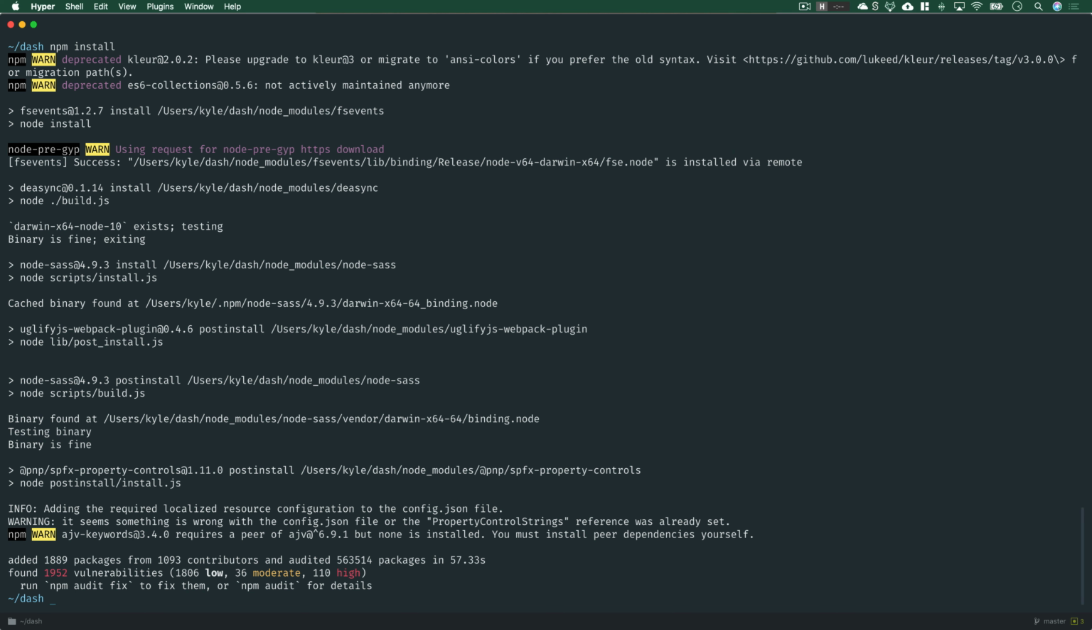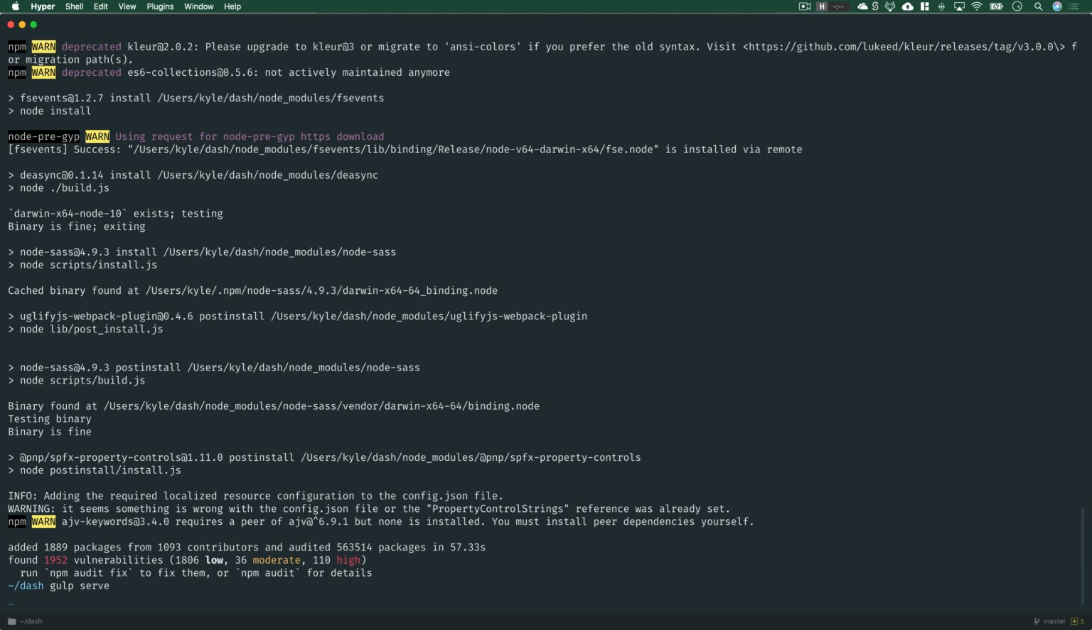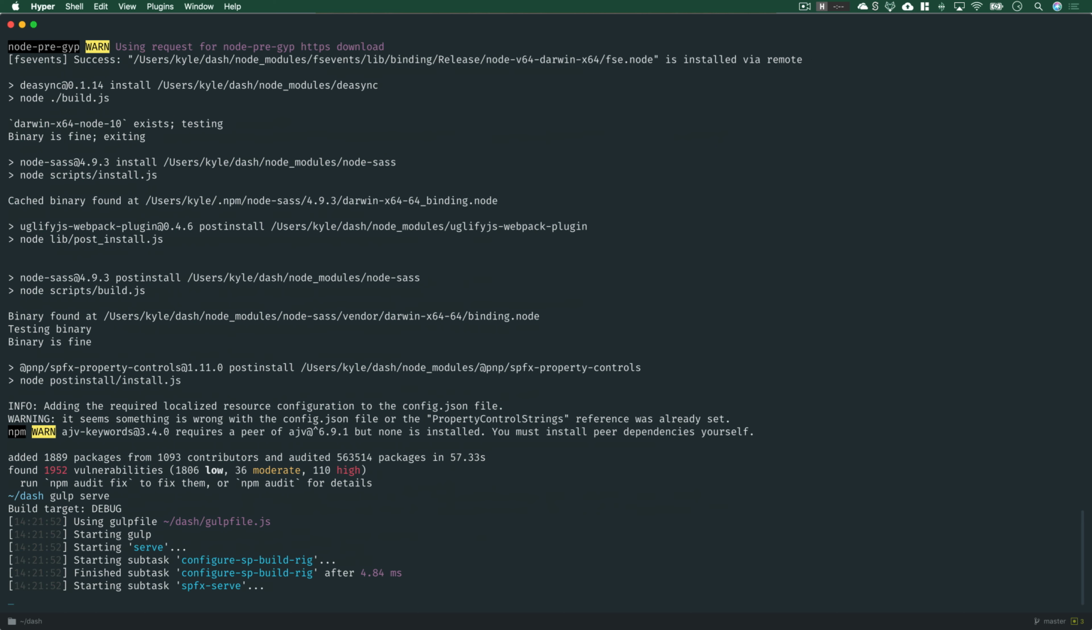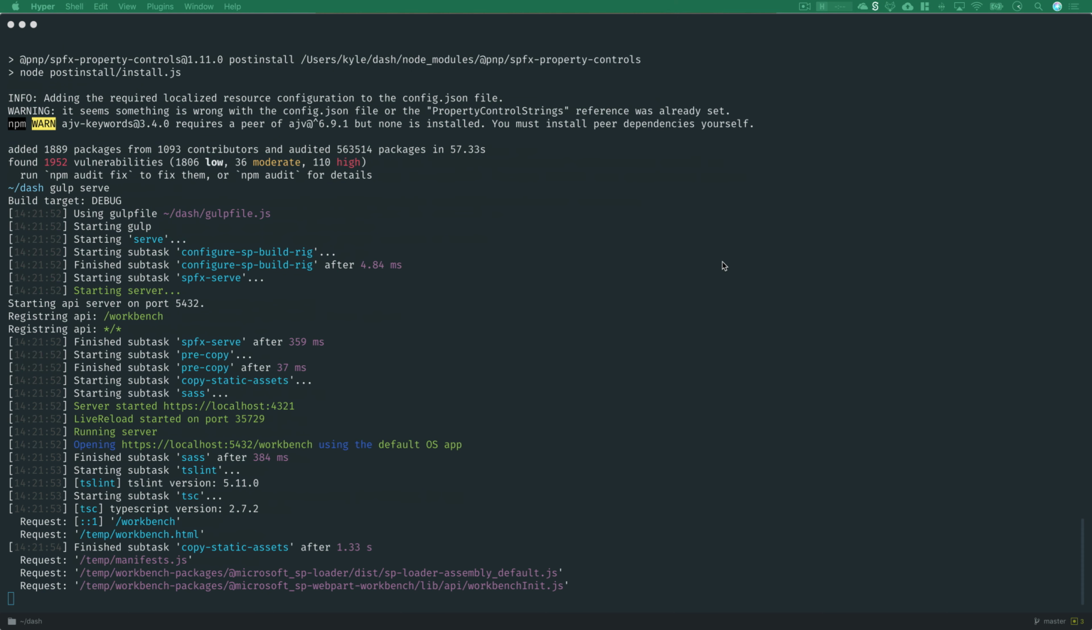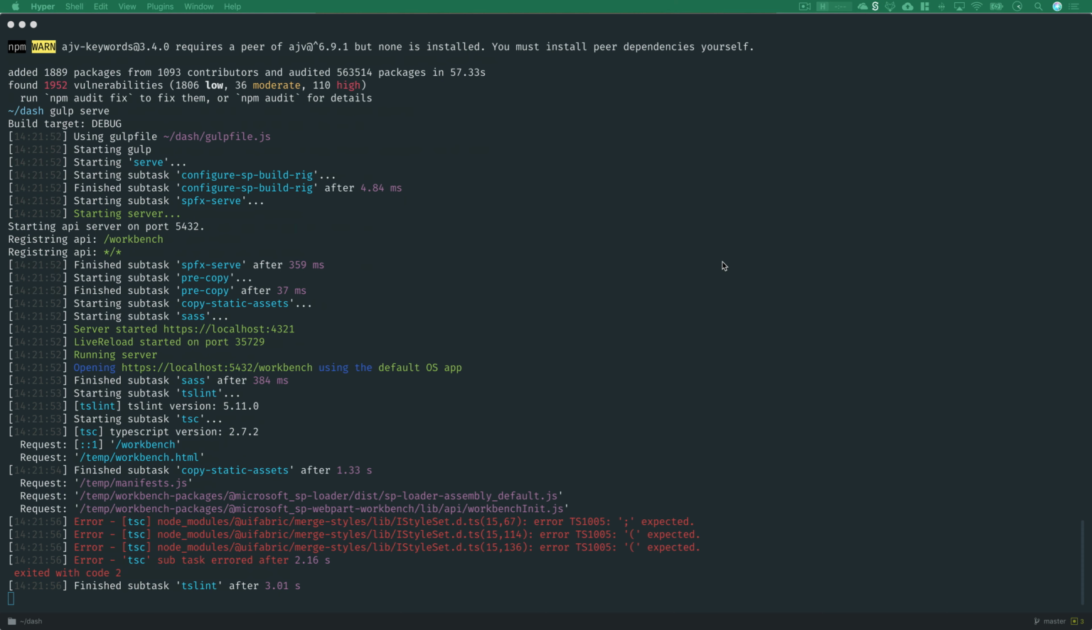Okay, now that all of those packages have been installed, we can go ahead and run a gulp serve, and you're probably going to see some errors when you run this. Whenever it tries to build, we'll probably get some errors, and this is the point where you basically have to start debugging your solution, because there are so many changes with the compiler and the build process that it's very likely you're going to have some issues you need to work through in your